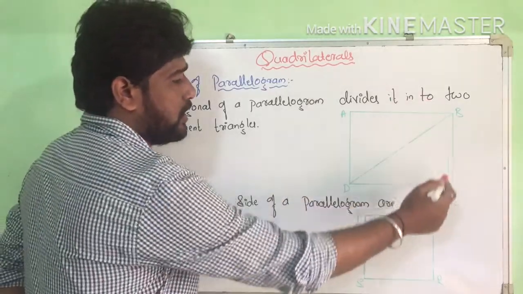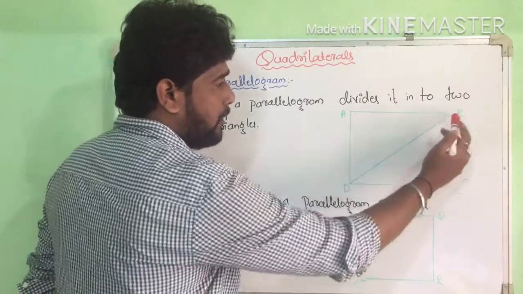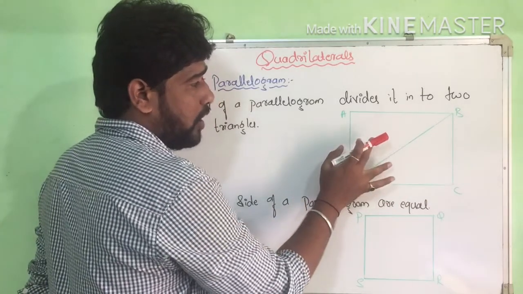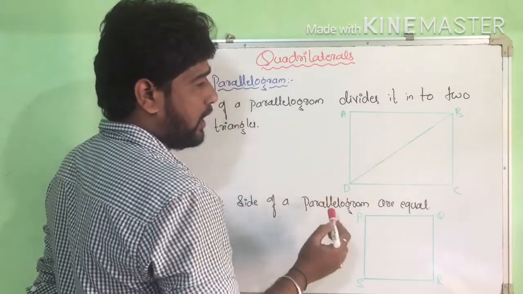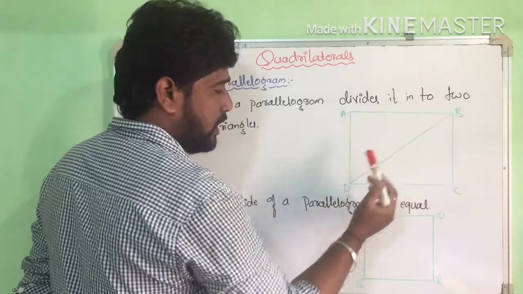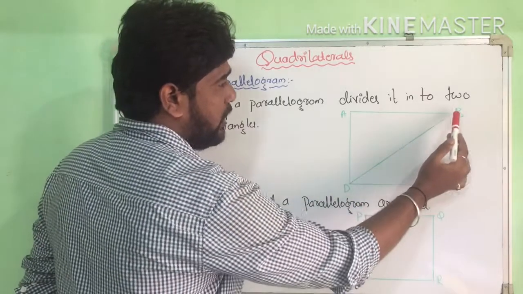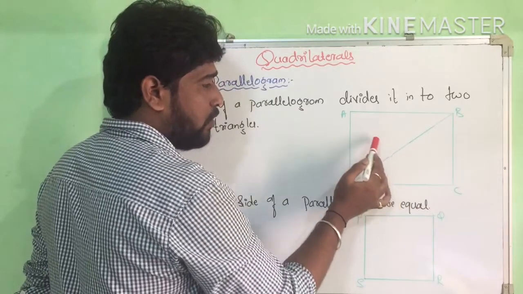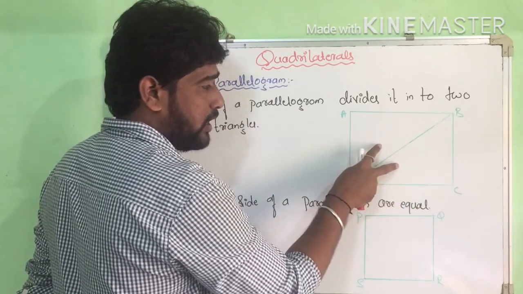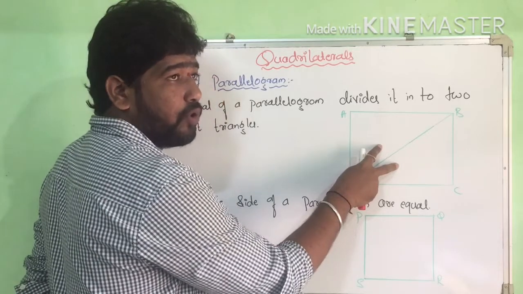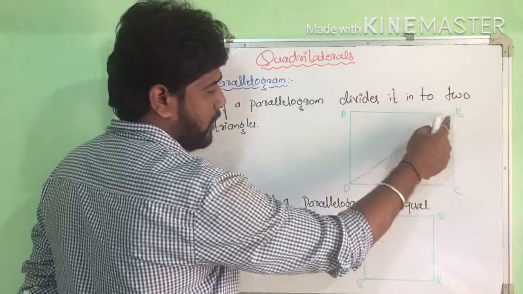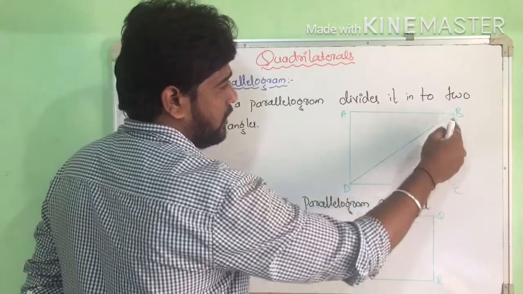So here ABCD is a parallelogram and BD is the diagonal. So BD divides the parallelogram into two congruent triangles. So here triangle ABD is there and another triangle BCD. Two triangles are there. We want to show that these two triangles are congruent to each other. So consider the two triangles ABD and another triangle